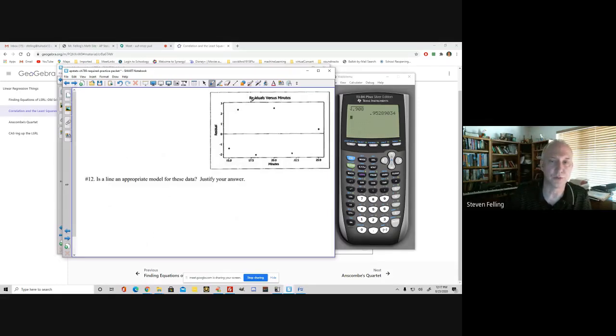This is a residual plot, and looking at these dots, let me make them a little easier to see here. That's a nice residual plot, right? Because there's no curve pattern, right? No pattern, right? So the way we would write this is we would say, yes, a line is appropriate